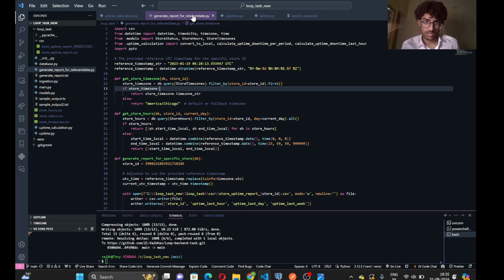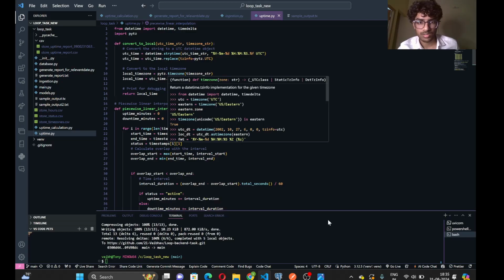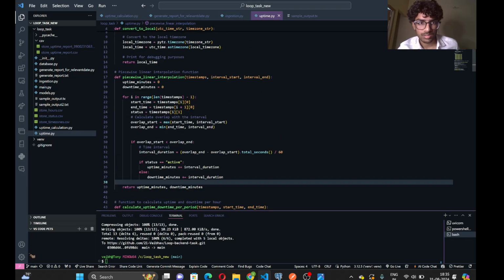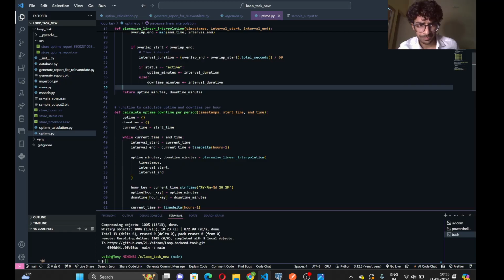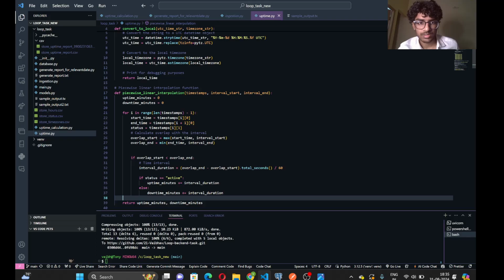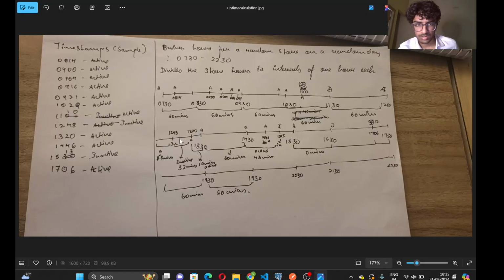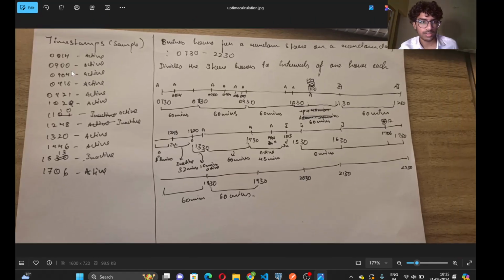So before I get into the project, I'd like to demonstrate the uptime calculation. The uptime calculation is done using linear interpolation, where this function takes the relevant timestamps for that hour, and then the start of the interval and the end of the interval. So for a given hour, it calculates the uptime. I'd like to demonstrate it here. So let's say these are the relevant